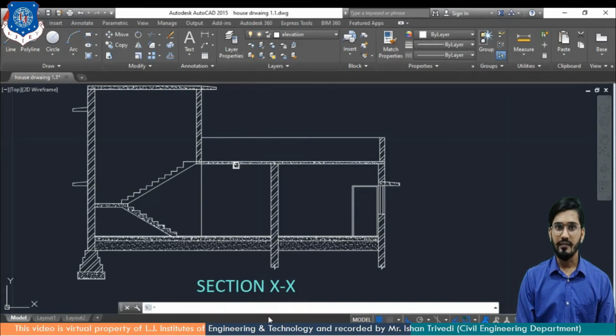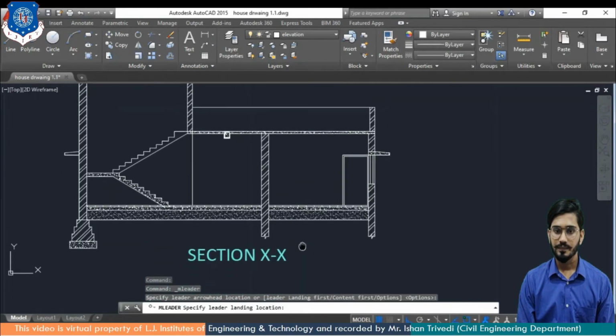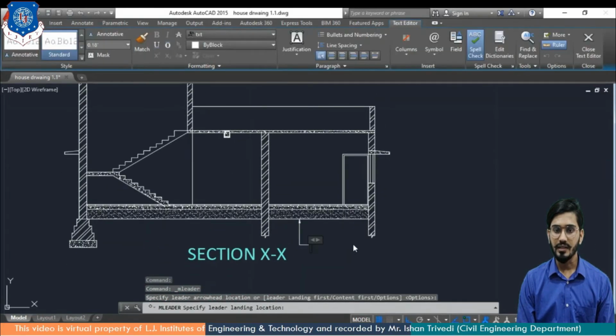Now I will give a notation to all such components in sectional elevation. The sectional elevation is meant for the detailing of construction material. So here I am highlighting by applying the ladder command. The ladder command I have used in staircase. So here I am going to apply it again. I'll apply the ladder command from here, and by M ladder you can type as well. So I will apply here M ladder.